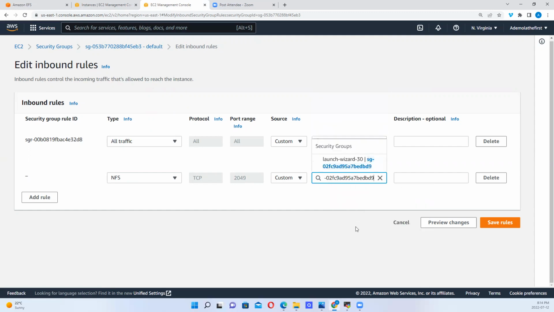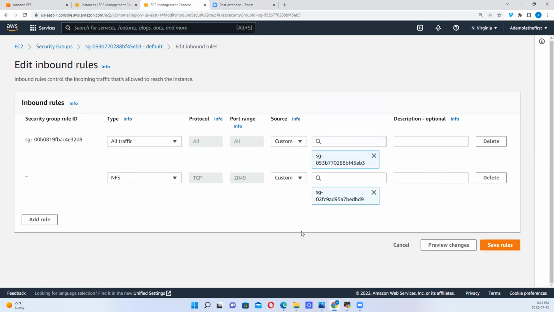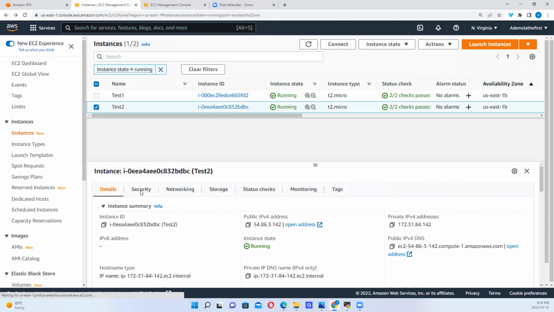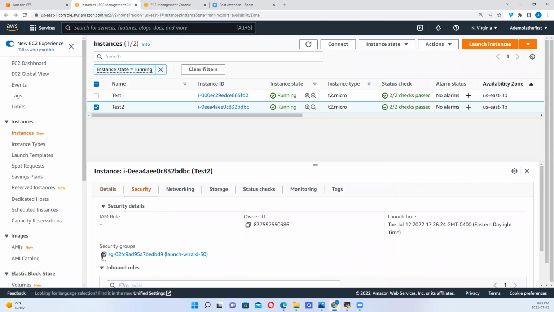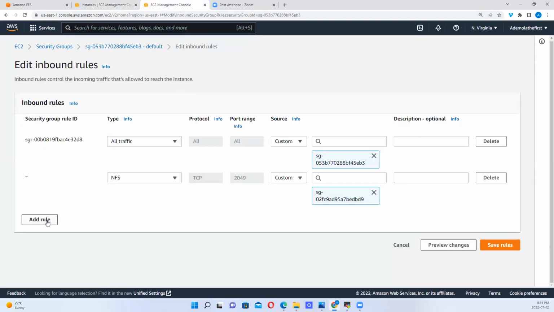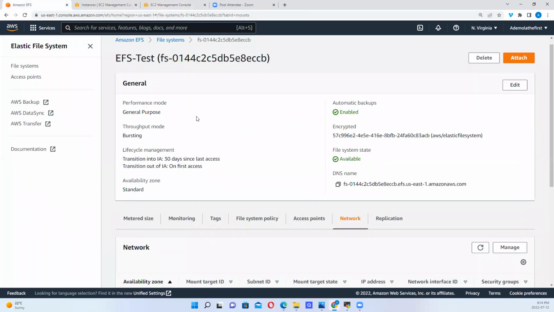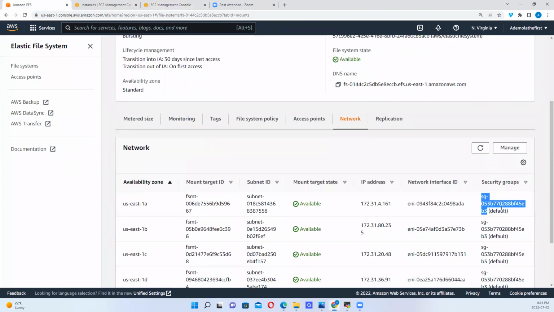Let's allow the security group, right? So we align the security group, okay? So let's see the other one. The other one is test 2. So I want to check for the security group. And we want the security group to communicate, right? We want it to communicate with the security group of the EFS. Remember, this is the security group we are trying to link the instances to, right? This is the security group for the EFS, right? Elastic file system,